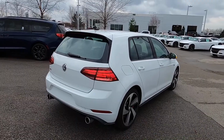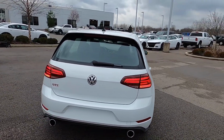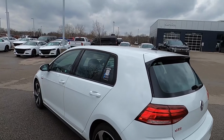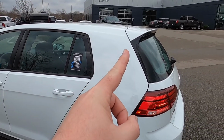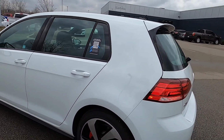Alright, and as we walk around the rear of the GTI, as you can see, a lot of the heritage hatchback design theme remains the same throughout the years since it was introduced in the 1980s, including this C-pillar here. That curve on the rear door follows the same lines as the rear window and the rear tail lamps. That has been a design heritage